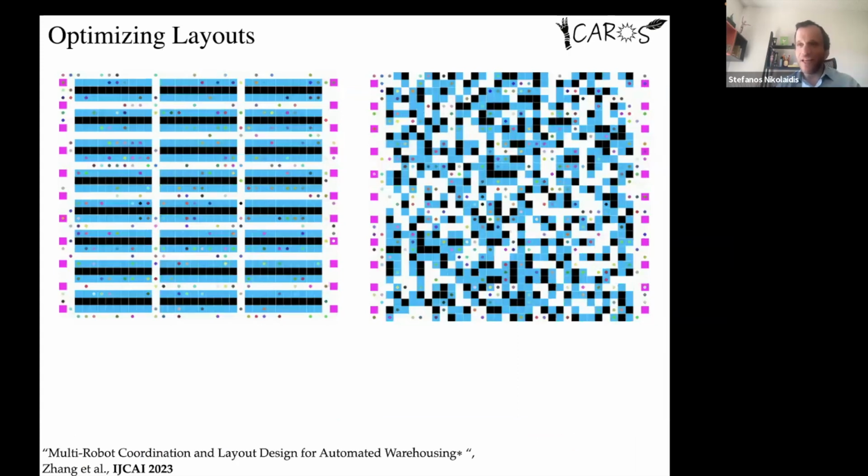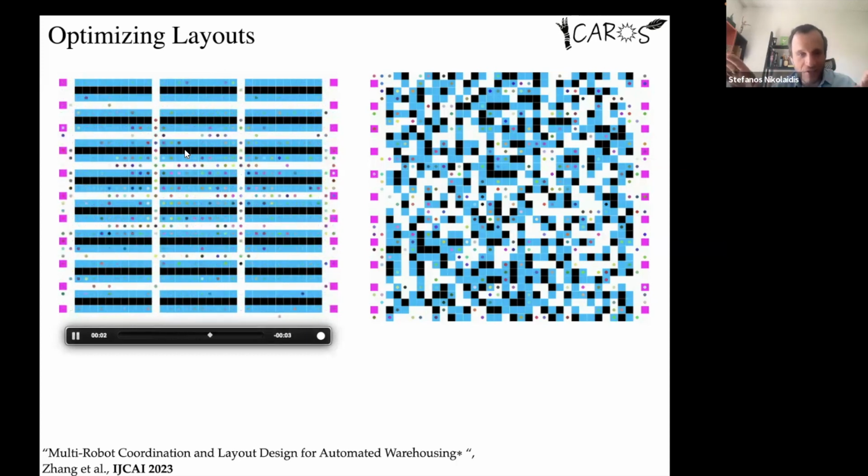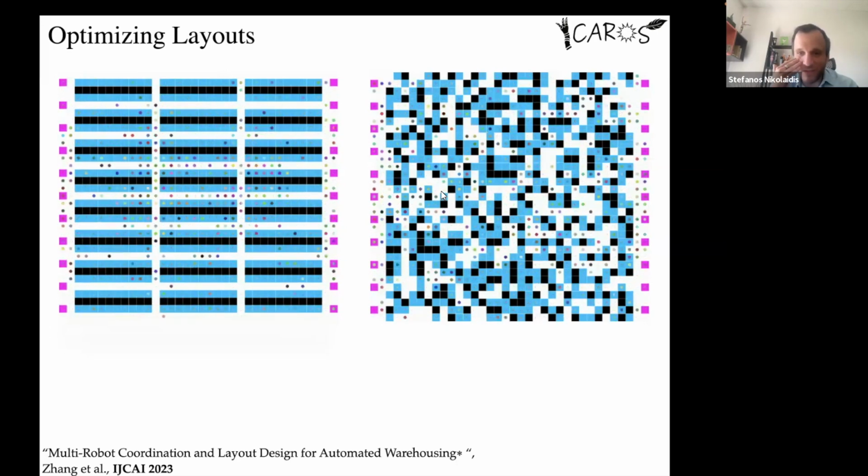Now, one interesting application is that we try to find failures, but what if we flip the sign in the objective, and we instead try to find scenarios where the team performs very, very well. And so we did that for warehouse layouts, where we tried to find layouts that maximize performance of hundreds of agents. On the left side, you see a human-designed layout that is very nice and symmetric. And then you see the agents running some pathfinding algorithm, but eventually there is a lot of congestion. Whereas on the right side, there is some weird layout that looks nothing like a human layout,